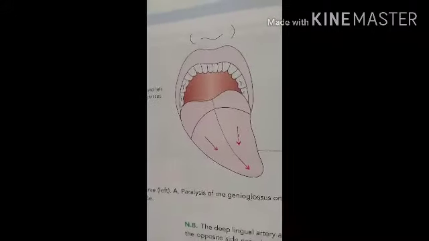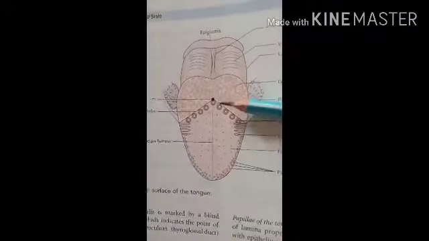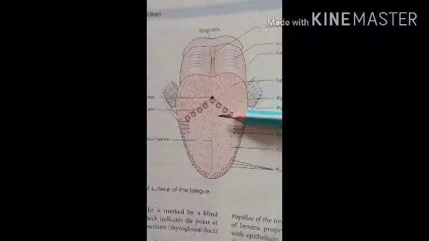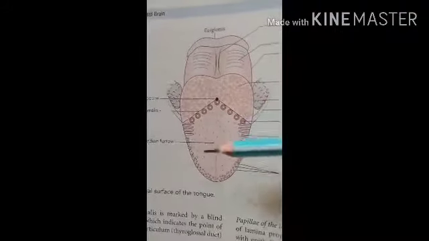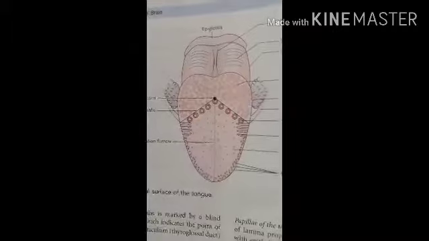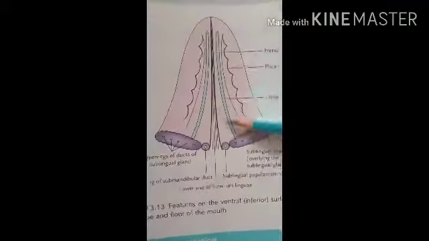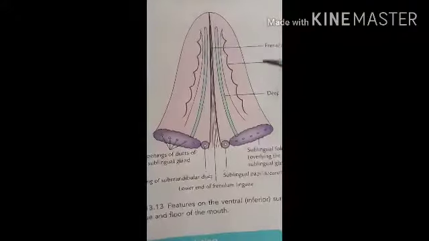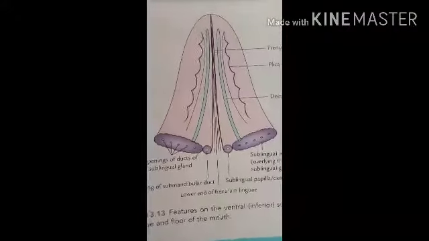Next is glossitis. Glossitis is usually a part of the generalized ulceration of the mouth cavity, which is called in general language stomatitis. Then the next clinical point: the under surface of the tongue is a good sign for the observation of jaundice.